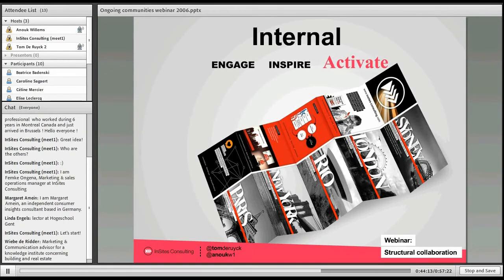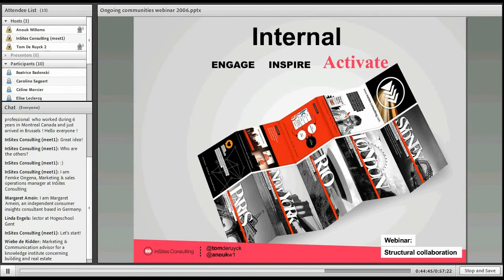So that's internal communication. What do you get if you communicate your research results in this way, in 3 steps: engage, inspire, activate? Well, we see that there is talked more about your research, because you not only have those 2 hours of presenting to confront them with the results and with the consumer world, but you have a period that is far longer, before the presentation and after the presentation. And we see that by doing that, research is used more.